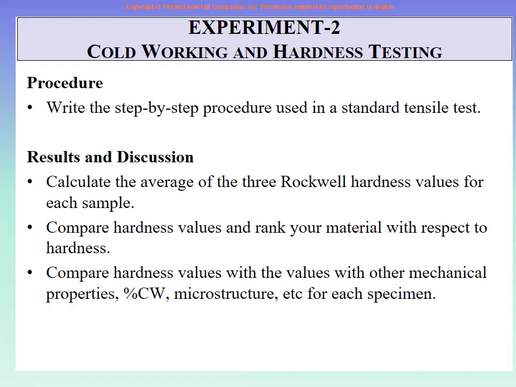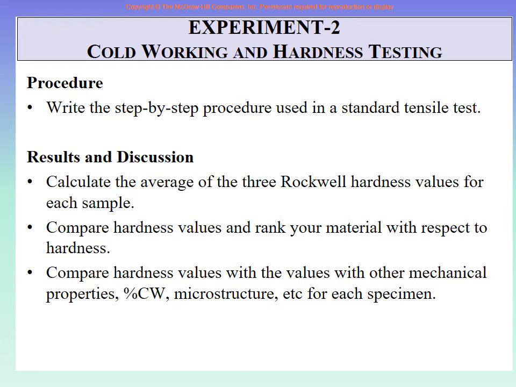So for example, from half a centimeter, which is say 5 millimeters, if it goes to 4 millimeters, then you find the percent change in thickness the first time. So now this is the percent cold work. Once this is done, bring it back to the hardness machine and measure the hardness. So you have 3 or 4 readings of hardness of the original sample. Then after the first 10% or so of cold work, you have hardness.